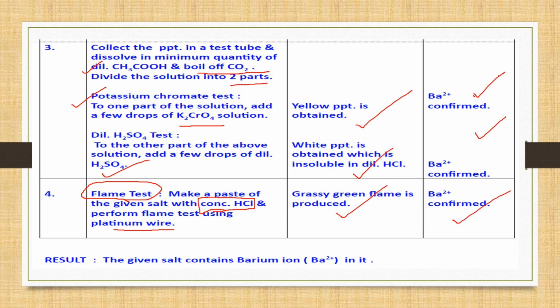Confirmed. If you have to carry out test for unknown salt, and suppose you initially carry out flame test and you are getting this characteristic flame, then you can be sure that yes, it is barium. But I have to then perform all the tests systematically, starting from group 0, to show that they are not there, to be doubly sure. I cannot straight away start with the group 5 test. So when I discuss how to write it for unknown salt, I'll be discussing this in detail, and the result would be the given salt contains barium ion in it.